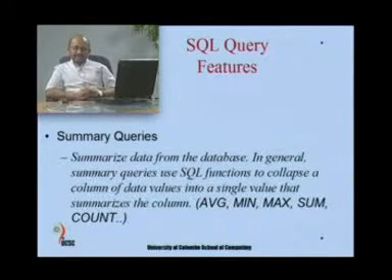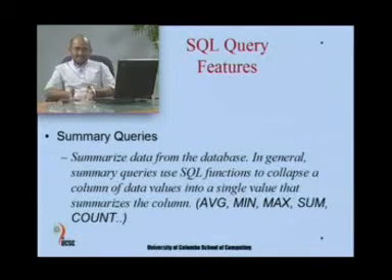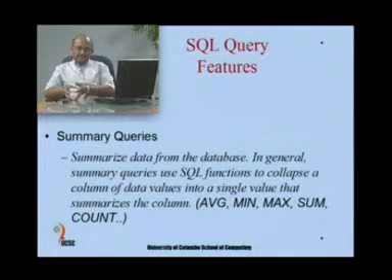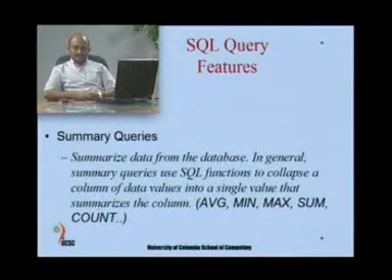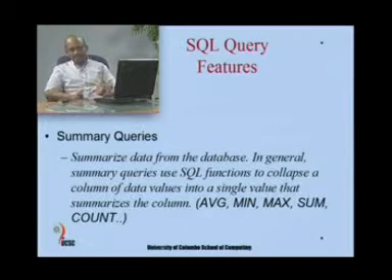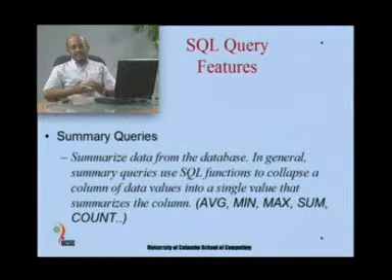All the data we looked at so far is retrieving the data as it is from a table, and as it is means it can be a subset of the data in the original table, but you do not modify the data, you just take some columns and some rows and then present as our output. Now, sometimes we want to get summarized information. Summarized information is not physically stored in the database, but when you are retrieving you want to do some calculation and obtain some derived data.